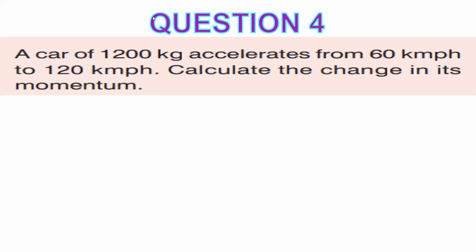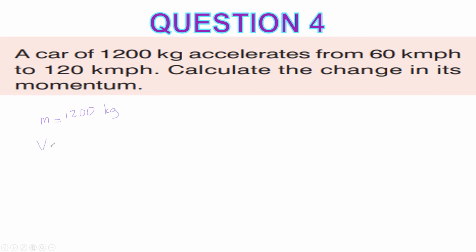Question 4. A car with 1,200 kg accelerates from 60 km per hour to 120 km per hour. So V initial is equal to 60 km per hour. V final is equal to 120 km per hour. Let's see what they ask. Calculate the change in momentum. All right. So let's write mass equals 1,200 kg and